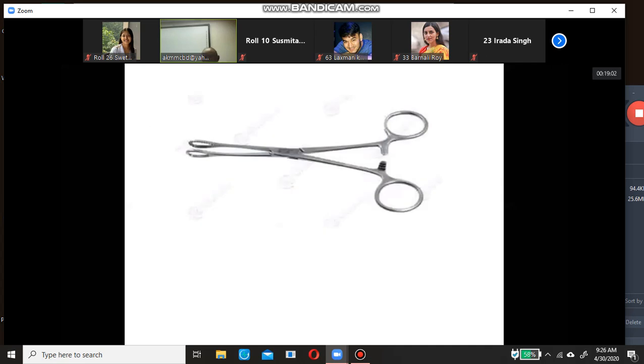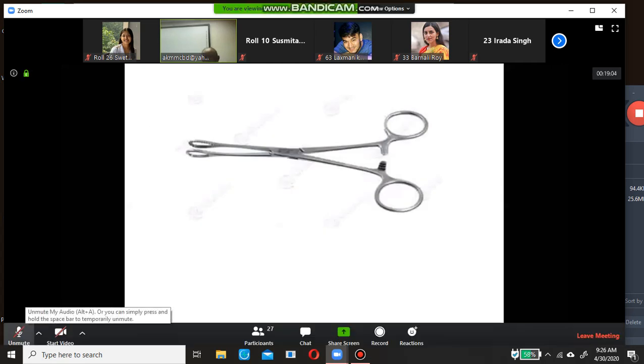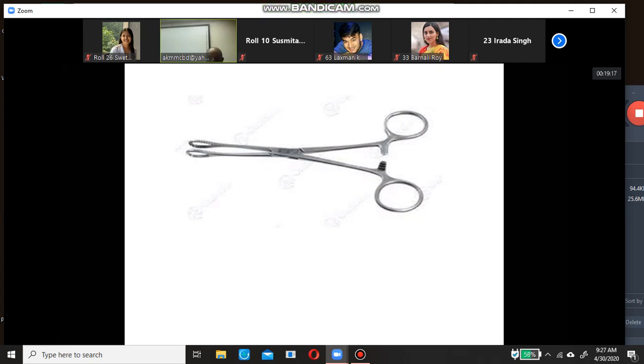And what is this instrument? Swab holding forceps, or sponge holding forceps. What is the primary use of this instrument?